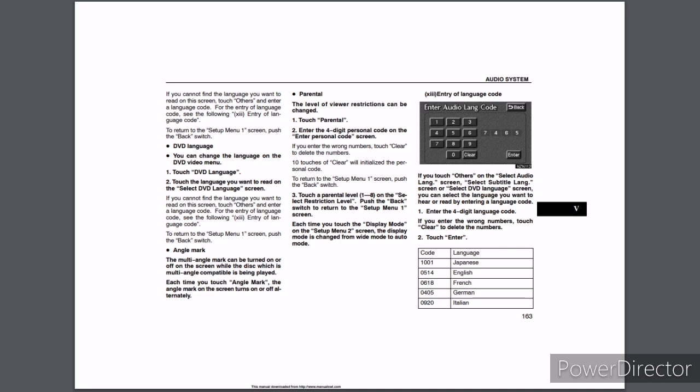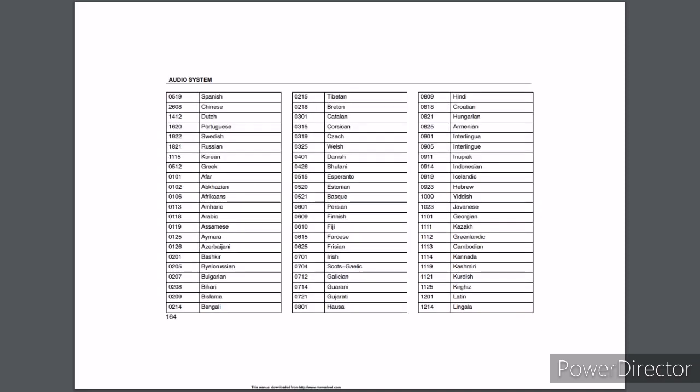Codes and languages. Code 1001 is for Japanese, code 0514 is for English, code 0618 is for French, code 0405 is for German, code 0920 is for Italian, code 0519 is for Spanish, code 2608 is for Chinese, code 1412 is for Dutch, code 1620 is for Portuguese, code 1922 is for Swedish, code 1821 is for Russian, code 1115 is for Korean, code 0512 is for Greek, code 0101 is for Afar, code 0102 is for Abkhazian, code 0106 is for Afrikaans, code 0113 is for Amharic, code 0118 is for Arabic,